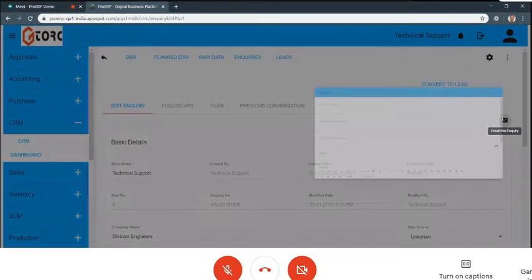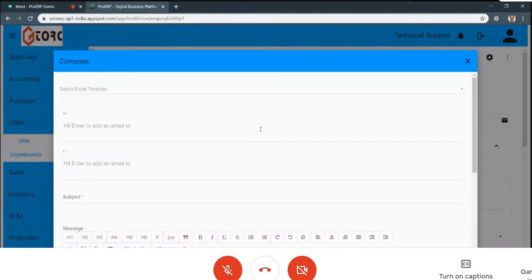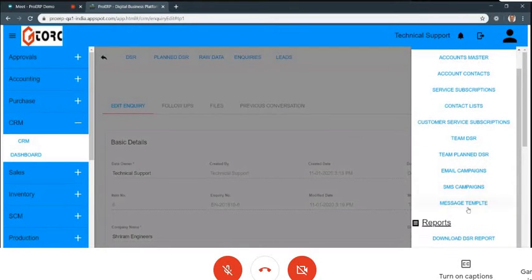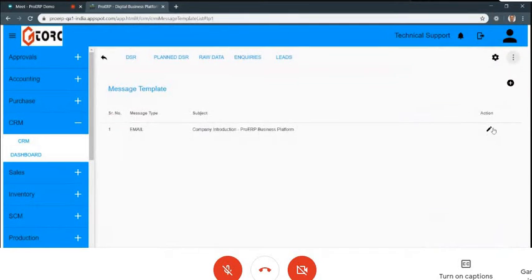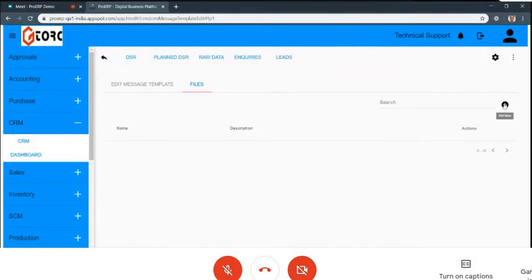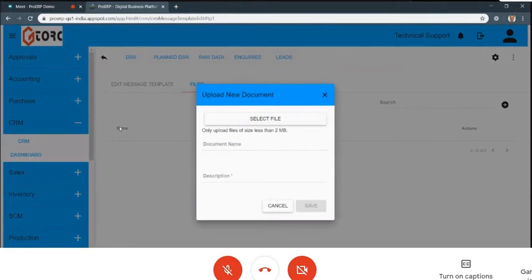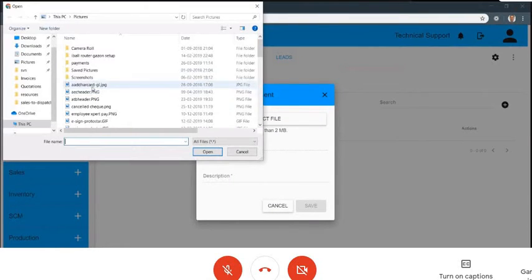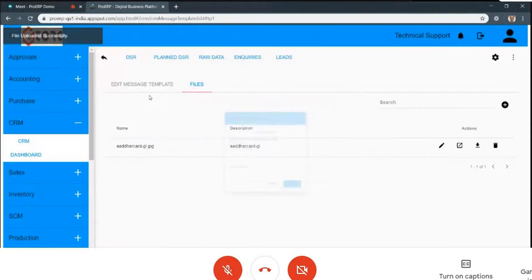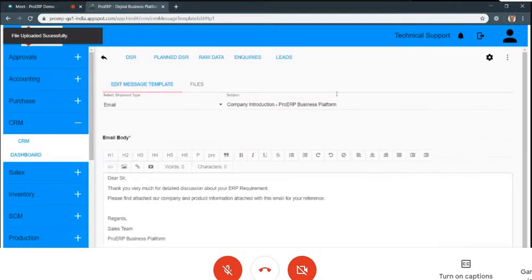One question. Typically, our introduction mail goes with some attachment. Can that mail with attachment be a standard? Oh yes, that's what I'm saying. I am jumping the gun and switching back to the company introduction template, where I can have an attachment on the introduction email. Suppose I have a PDF document, a PPT, or images, I can attach them. You can have any number of attachments on the email template. So that is possible.